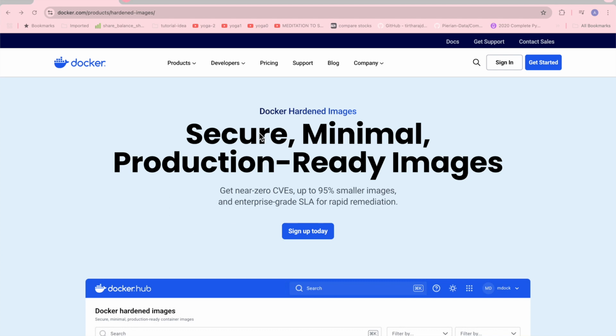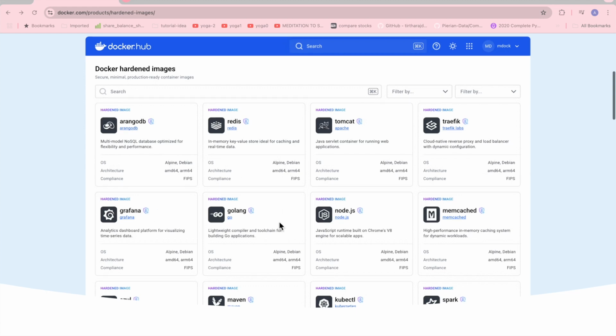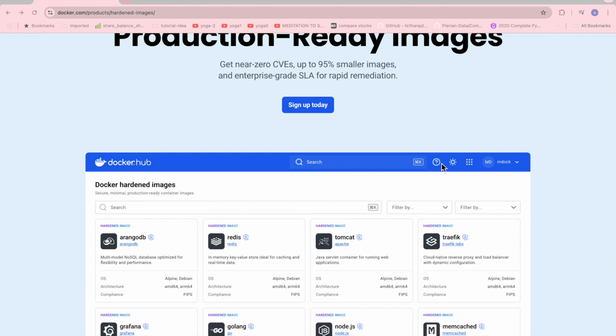But now Docker itself is providing them over the repository in the enterprise version, where you can get all the hardened images, which you can see here. Tomcat, Grafana, all the hardened images are already available, which will be the minimal image with the most secure hardened image, as well as near zero CVEs reported, and it will be 95% smaller than the ones you